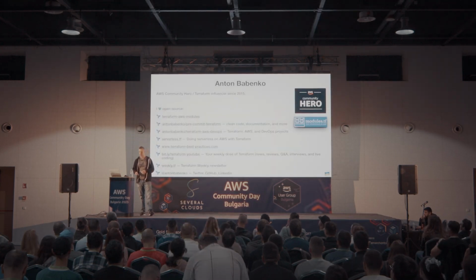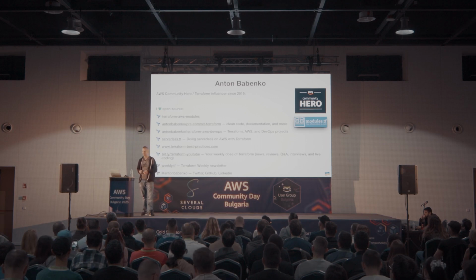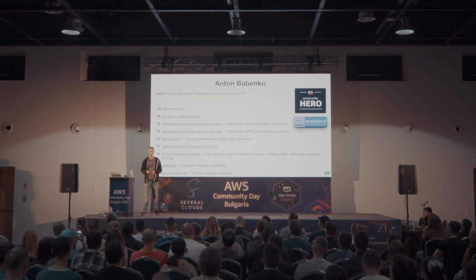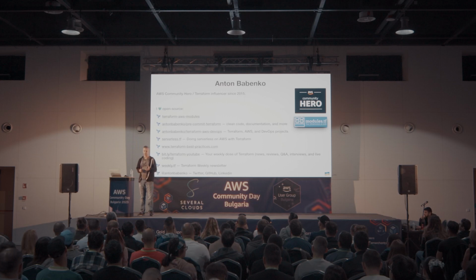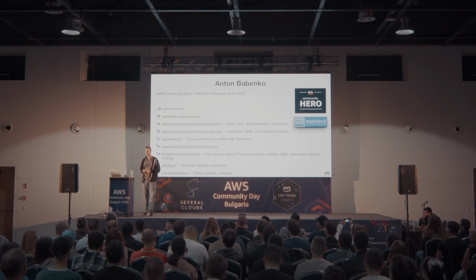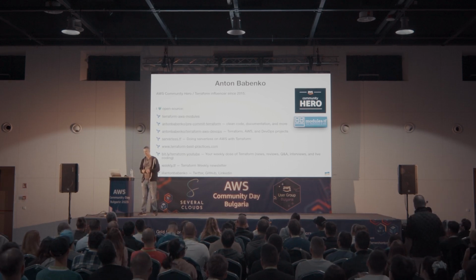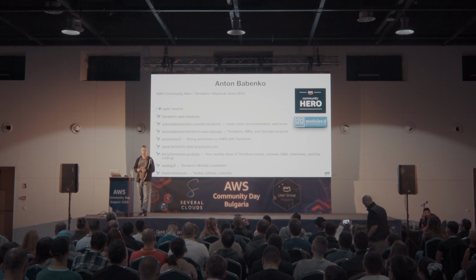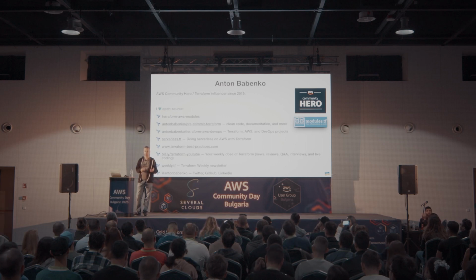So, my name is Anton Babenko. I've been doing AWS and Terraform since 2015, and I've been doing it so actively that AWS decided to give me a title, which is AWS Community Hero. And during this period, I was thinking about open source, and I just like to solve problems which I have